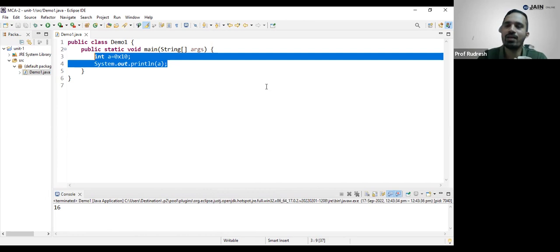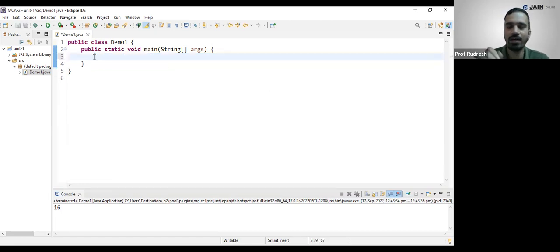Like that, when there are multiple options, and you want to ask the user which option they would like to use, say, for example, I want to perform addition, subtraction, multiplication, division. I want to ask the user, tell me whether you want to perform addition, subtraction, multiplication, or division. Then I can manage it by using the switch case. How do we write it using the switch case? Here I will tell